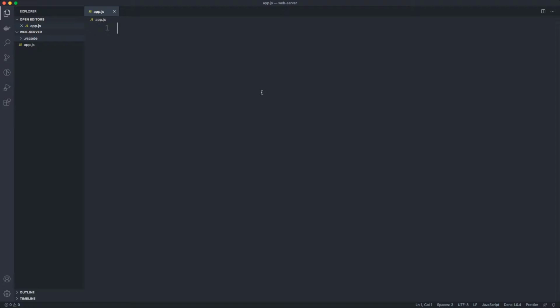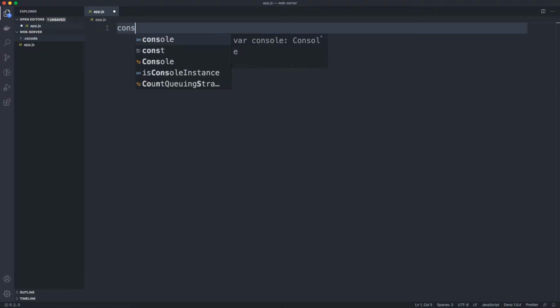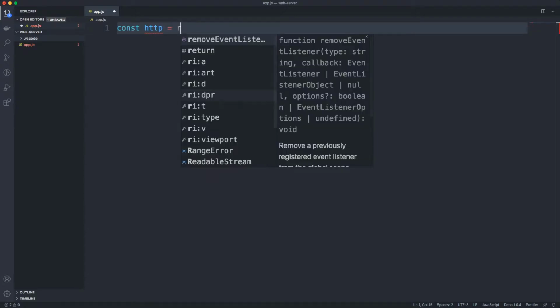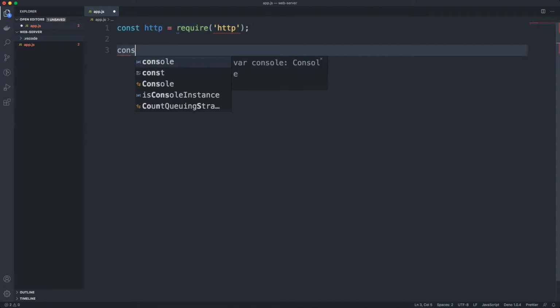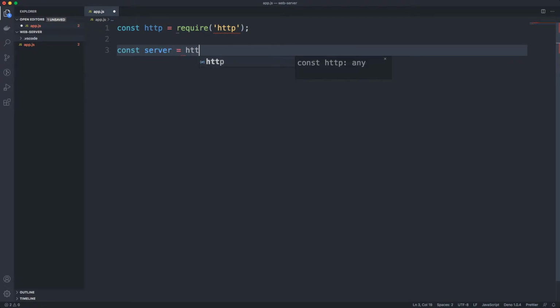I'm going to first get started with the Node version, and then we'll go ahead and create the Deno one and take a look at both of them. So here, first I'm going to need the HTTP library. So I'm going to require HTTP, and then we're going to actually create a server. So I'll go ahead and create a server, which will be equal to